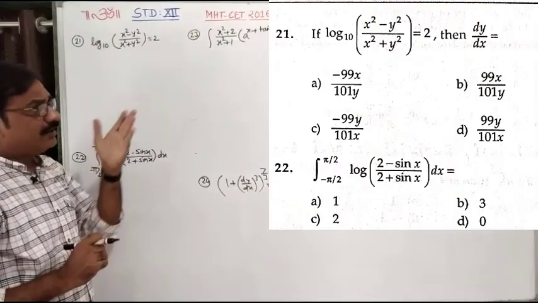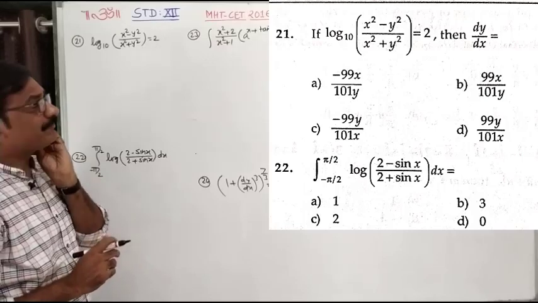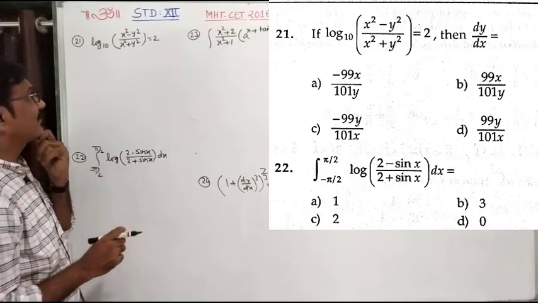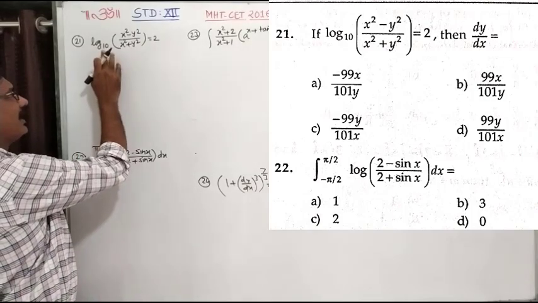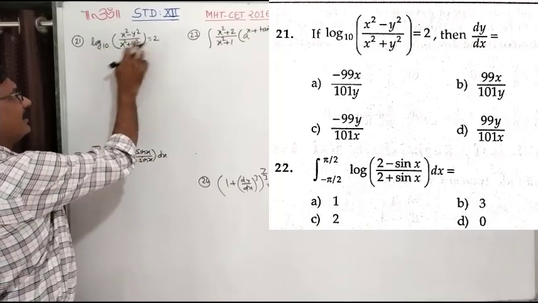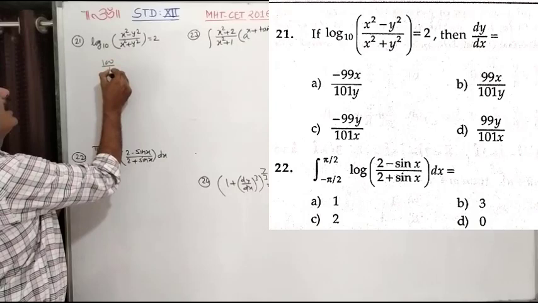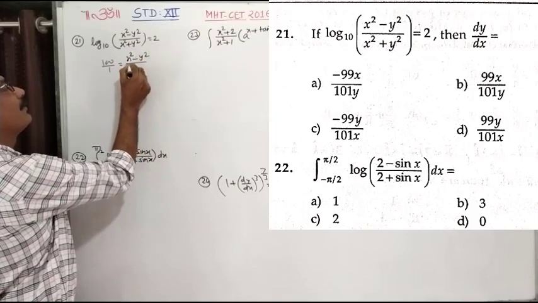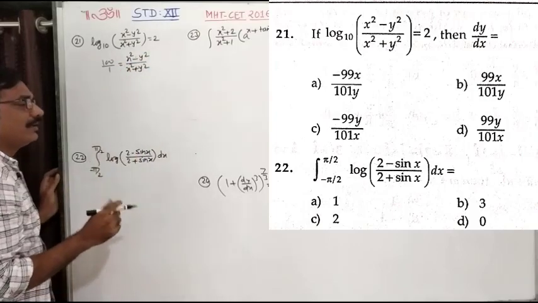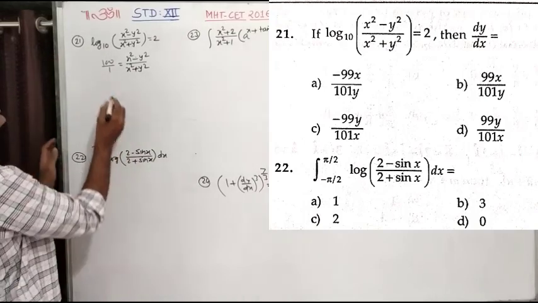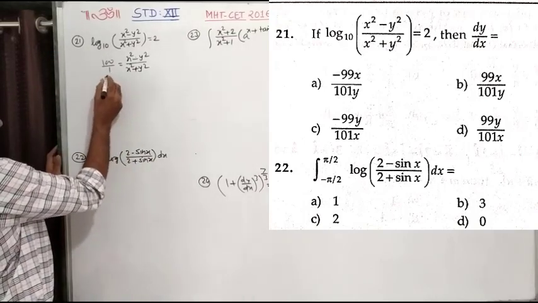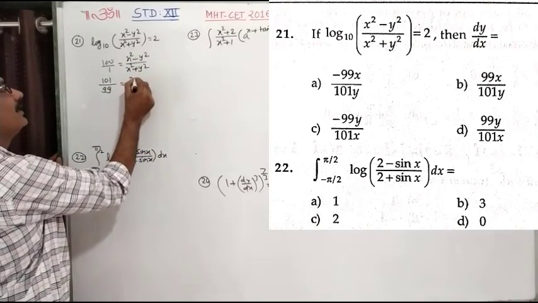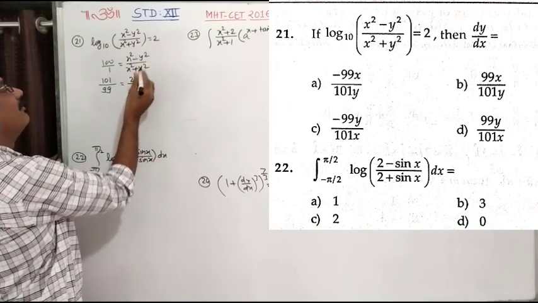Okay. Let's see question number 21. This function is given, you have to find dy by dx. By conversion of logarithmic into exponent, 10 square, that is 100, I write upon 1, x square minus y square upon this. By componendo dividendo, 100 plus 1, it is 101 upon 99. This plus this, y square is cancelled, 2x square. When you subtract, it is